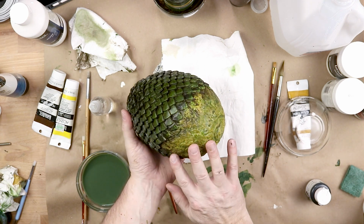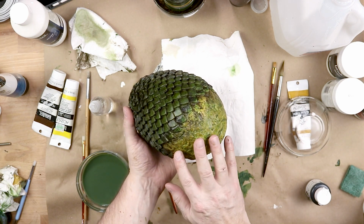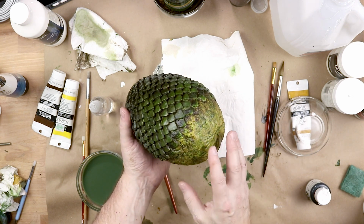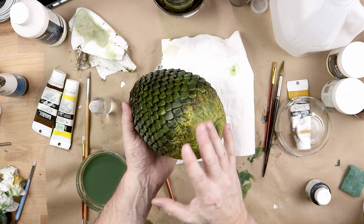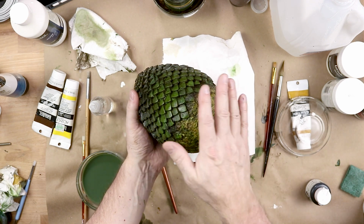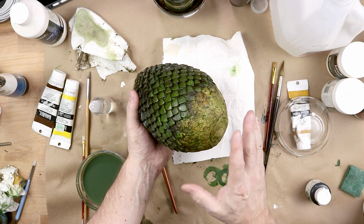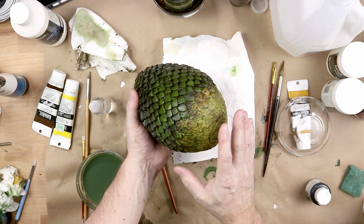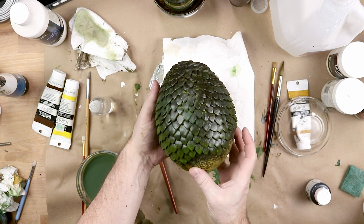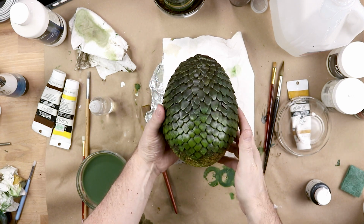On the base, this is really just mostly yellow ochre, a little bit of hooker's green, some burnt umber, really thin, really washy, and then a little bit of dry brushing across it with a touch of the cad yellow mixed in and a little bit of white. The last thing that I think I want to do is